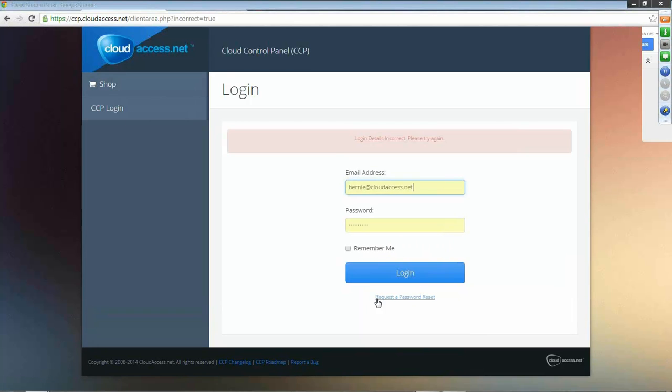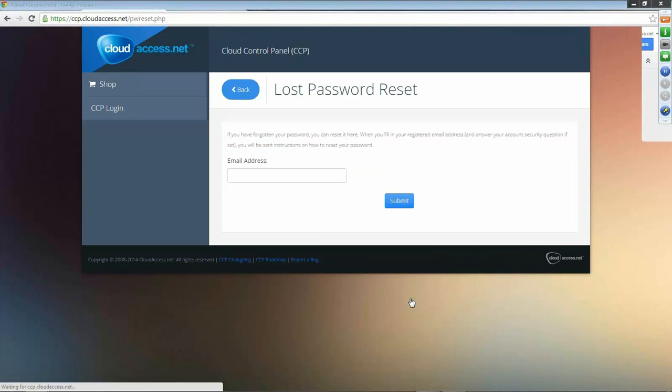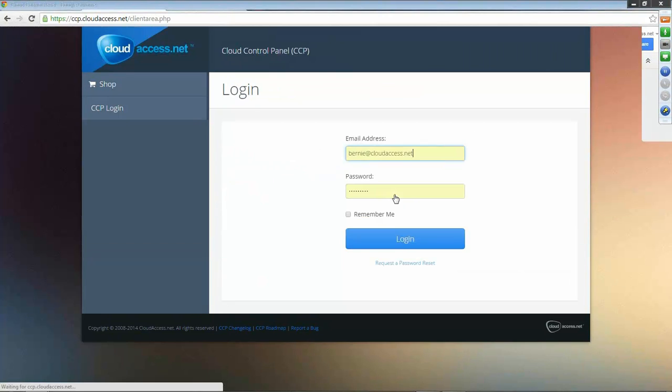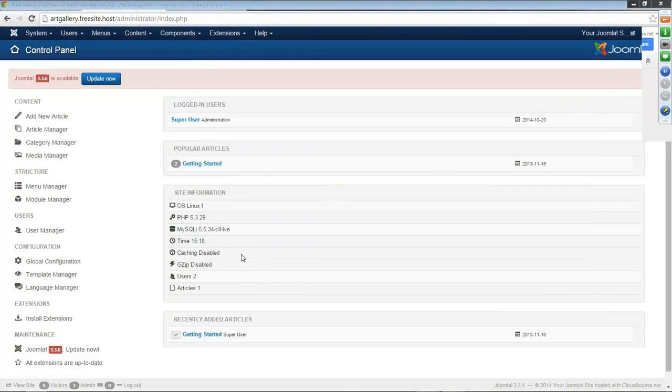And it's also important to note that you do have the request password reset option here. I am going to click on this and just enter my email quickly here and submit, and I'll get an email. I can reset that a little bit later, but let's go ahead and talk a little bit more